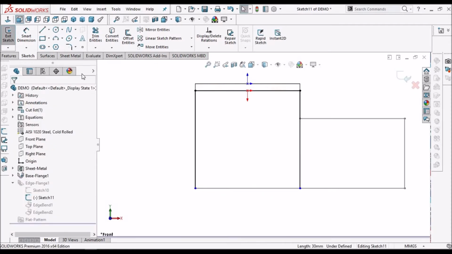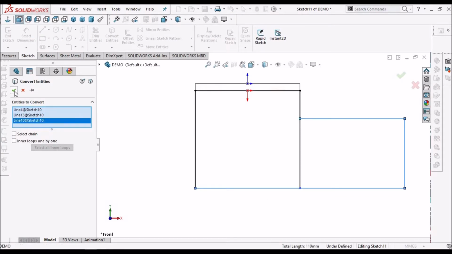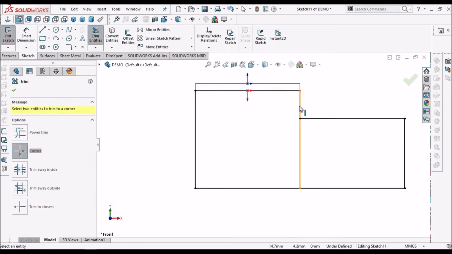Delete this line and go to convert entities. Simply select this, and we have to trim these two lines.